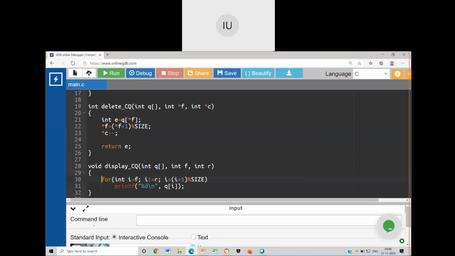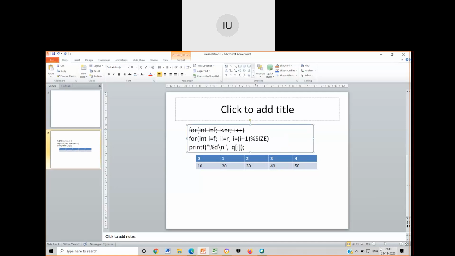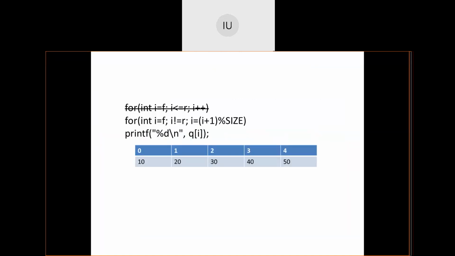Let me scratch this and write something else. Let us just see how this gets modified. Yes. Now see, I have just scratched the upper one.